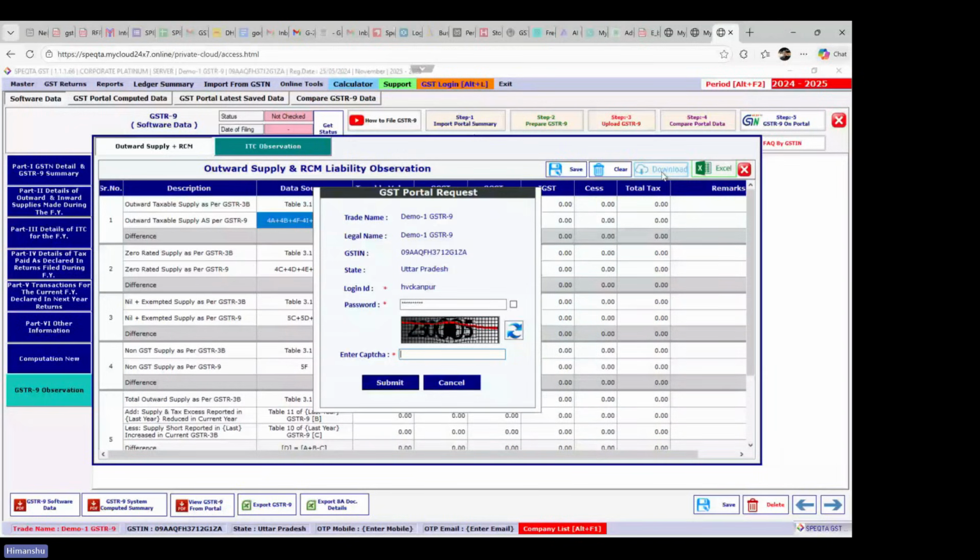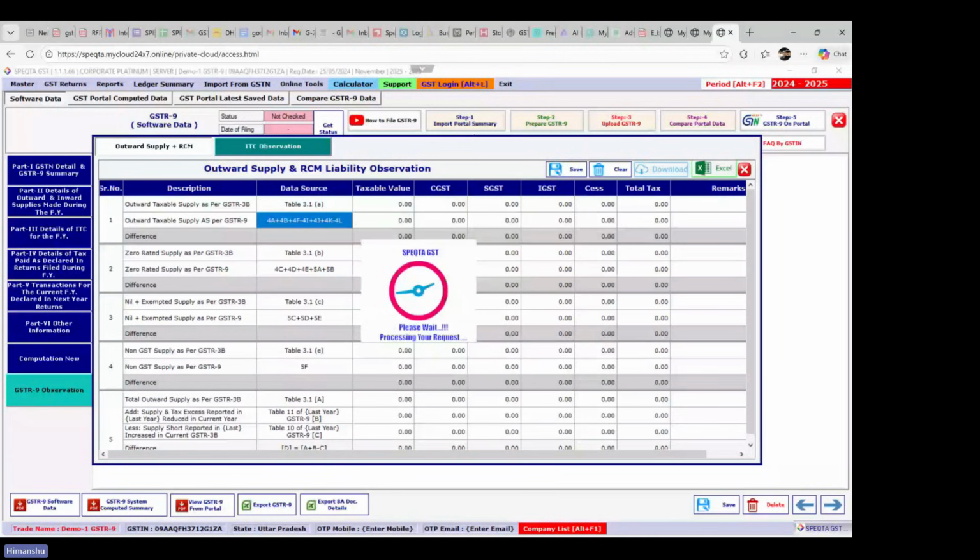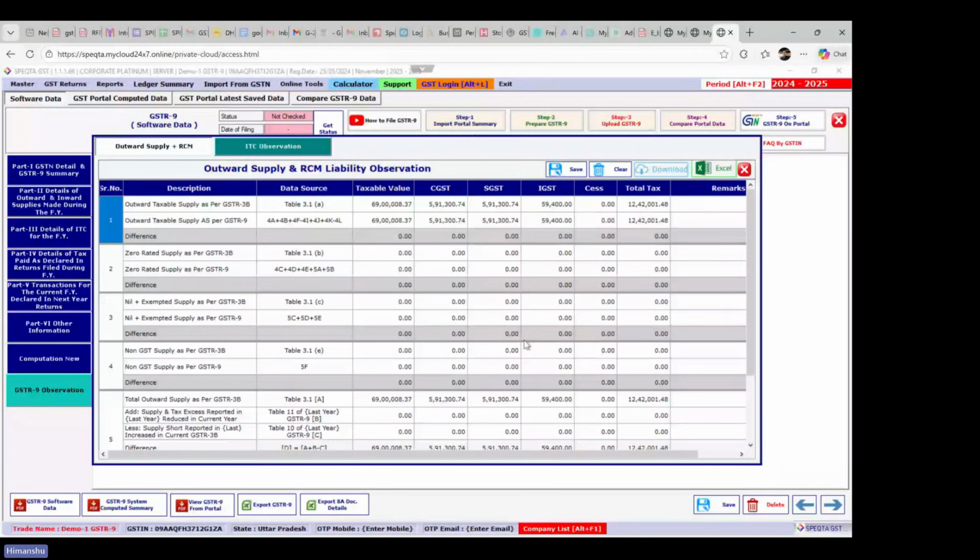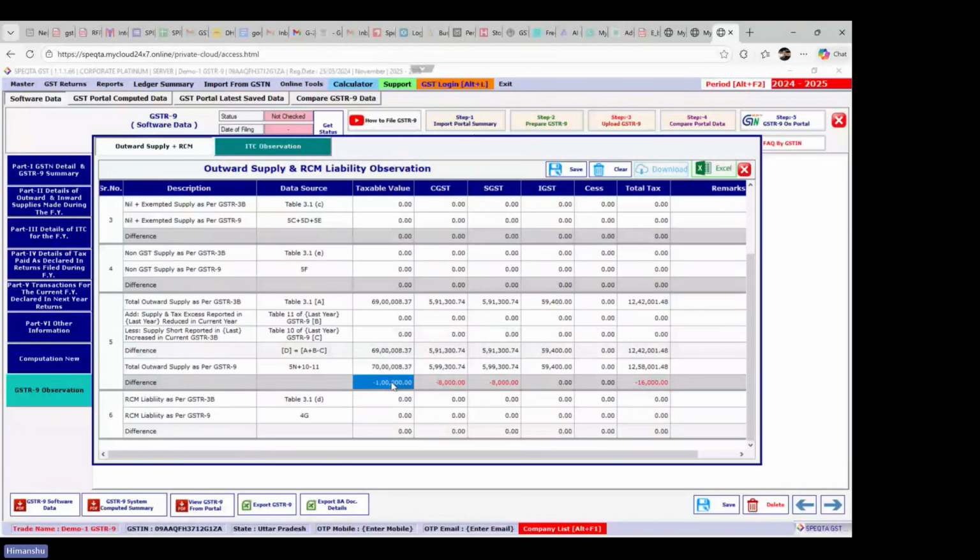ठीक है, ये आपका डाउनलोड हो जाएगा, यहाँ पर ये डेटा आ गया। अब अगर मान लीजिए कहीं पर आपको कोई डिफरेंस दिखता है, सपोज यहाँ पे एक डिफरेंस दिख रहा है, मैंने पीछे इंटेंशनली डिफरेंस फिल किया था। और वो डिफरेंस आपको नोन है, जिससे यहाँ पर टेबल नंबर 5N और 11 में, 3B में तो करंट ईयर का ही फिगर आ रही होगी। अब हमने 9 जब भरा तो उसमें हमने बताया कि 9 में करंट ईयर का ट्रांजेक्शन नेक्स्ट ईयर में हमने पे किया है। डिफरेंस यहाँ पर दिख रहा है, तो आप अपने रिमार्क्स में डाल लीजिए, अपनी नॉलेज के लिए, याददाश्त के लिए, फ्यूचर रेफरेंस के लिए। दिस इज रिपोर्टेड इन नेक्स्ट ईयर 3B and 1 and